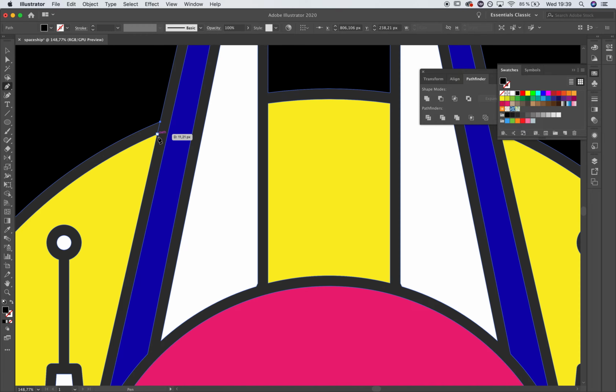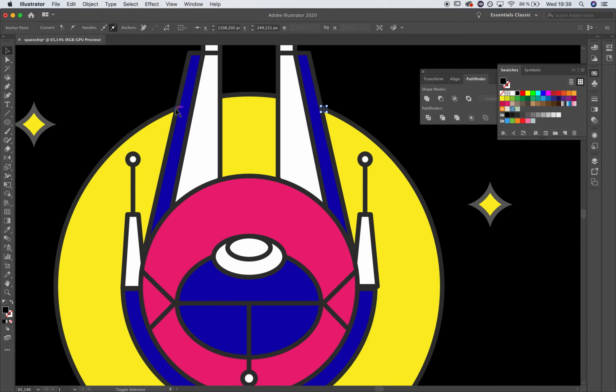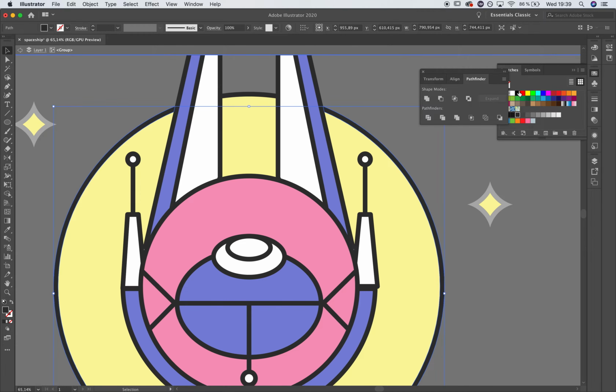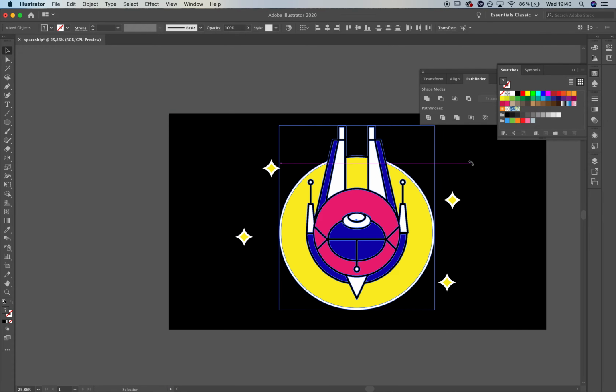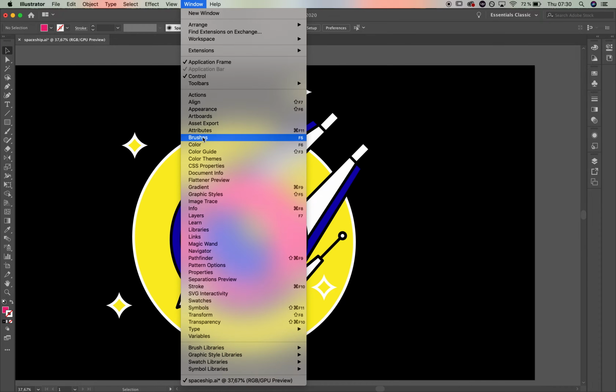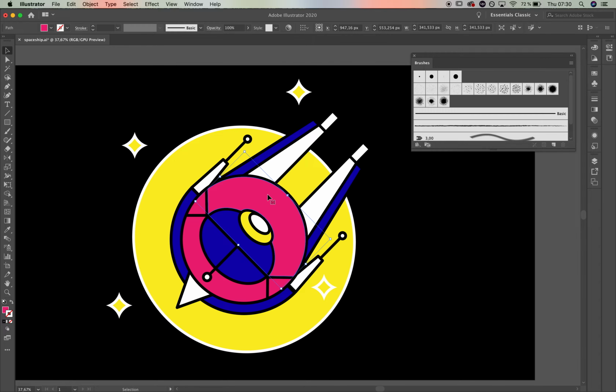I would also like to make the outer rim of the outline stand out a bit, so using the pen tool and the divide option, have it as separate shapes and apply white. Rotate it, and now we're ready to add some noise texture. Go to Window and open up the Brushes panel, and I already have one of my packs loaded up, but if you want to follow along, I've included one brush in the exercise files of this video.